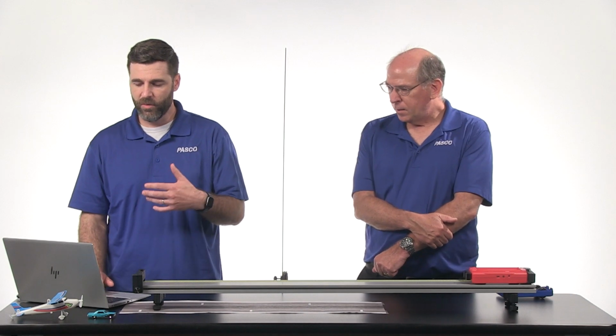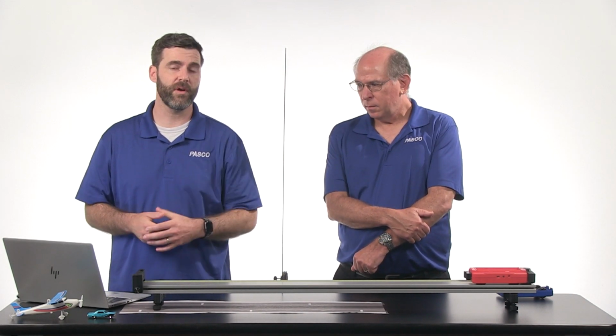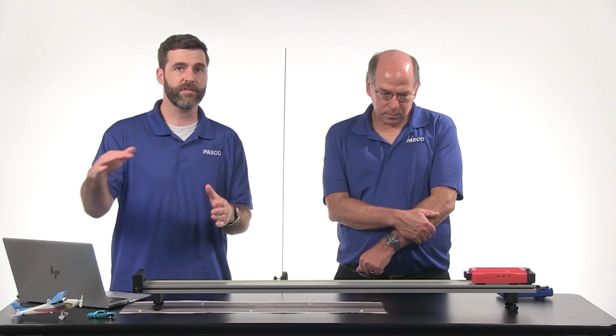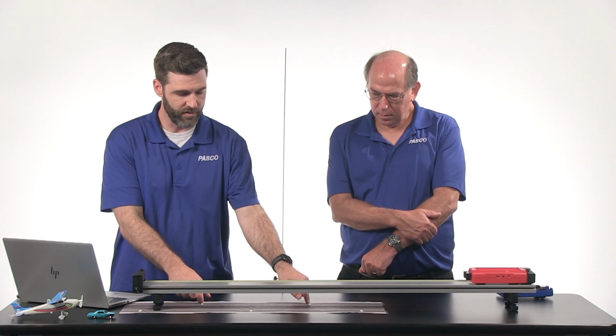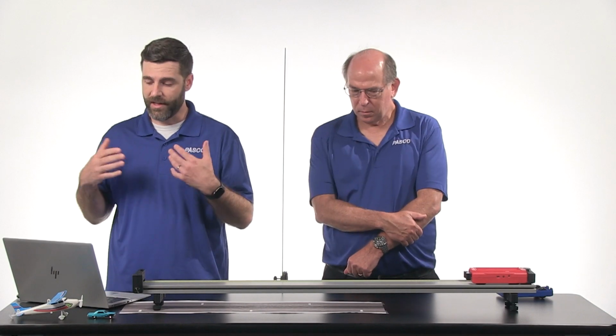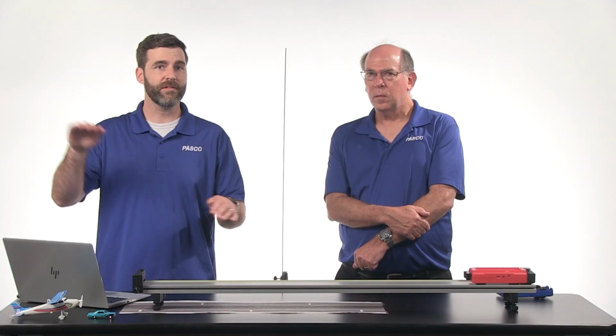So we could use this data to do what the officers in the plane do as well, right? So this is position time data. The data that those officers in that aircraft that are tracking your speed are using is also position and time data, right? So they know you changed position between those markers, and they know the amount of time it took, and they're using that to calculate velocity. Well, that's exactly what we can do with our data here. And we do that using a linear fit,